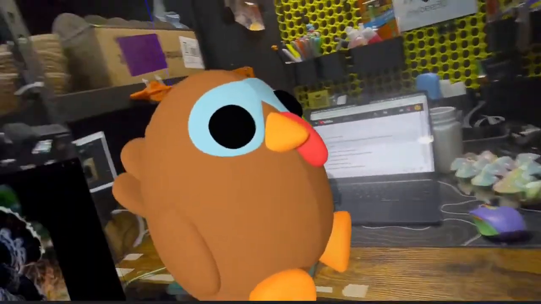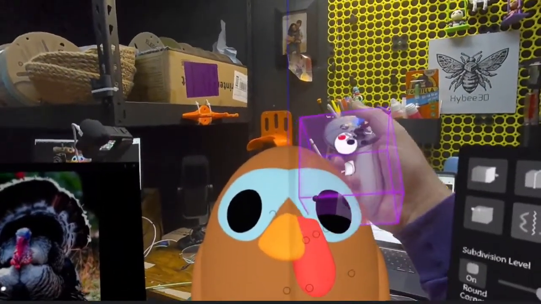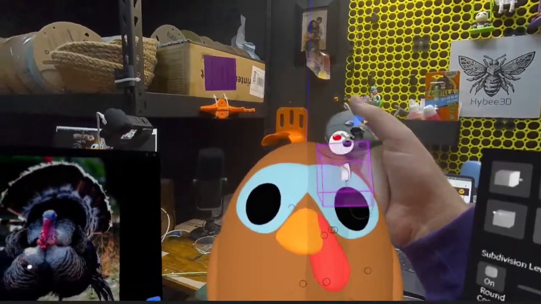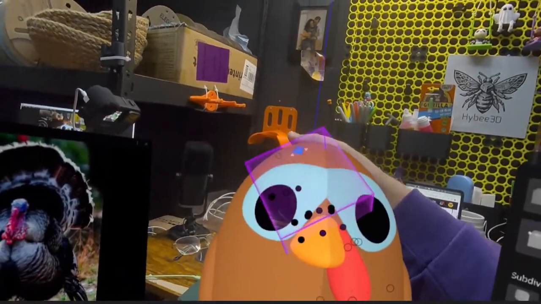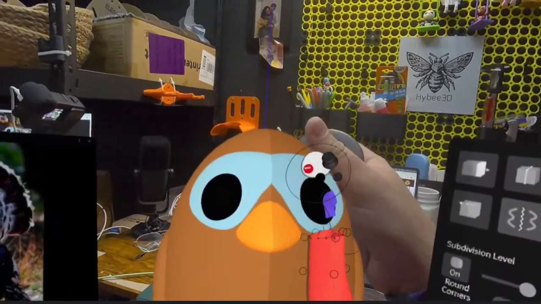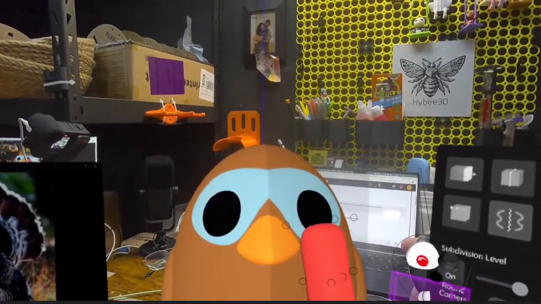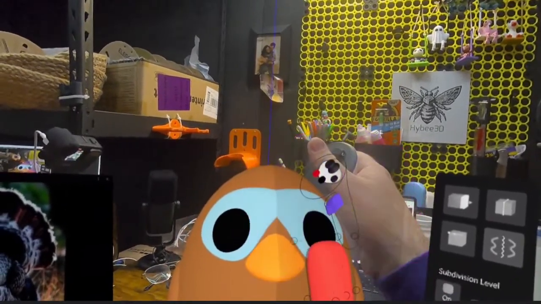Think about this for a sec. Let's thin this out a little bit, at least right up by the beak area. Let's take these off. And we're gonna close. Oh my goodness. Don't know what I'm doing here apparently. Okay, let's thin this out.